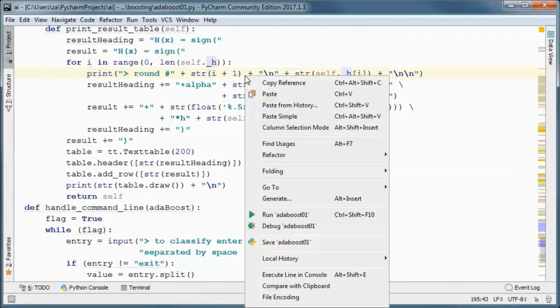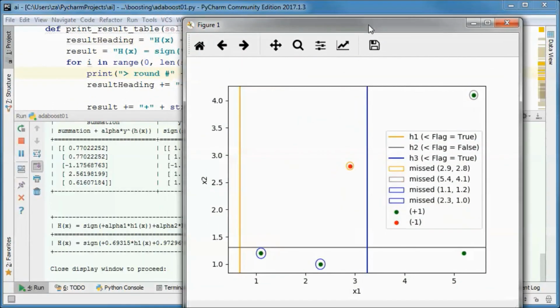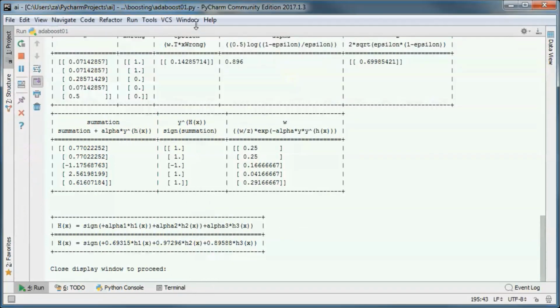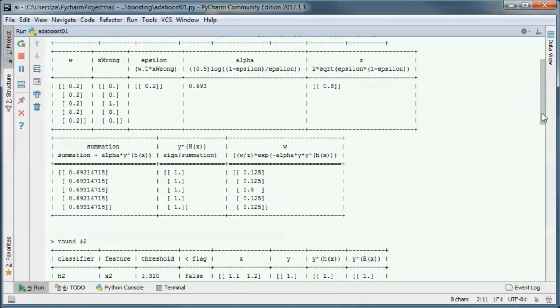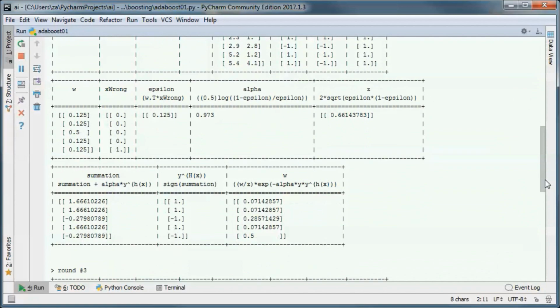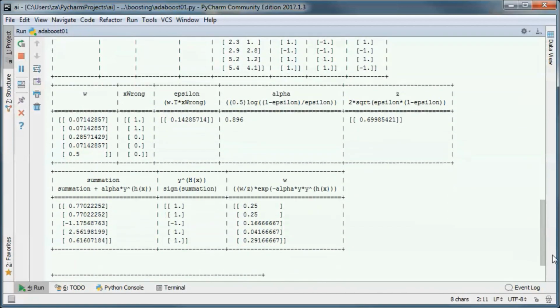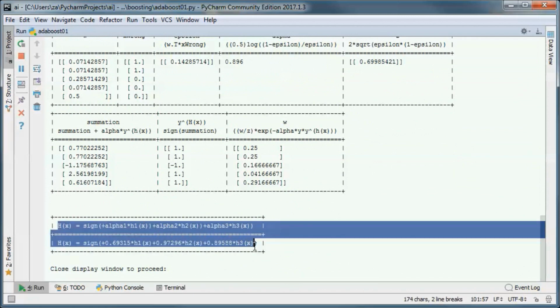And finally, let's go ahead and test run the application. So we went for 3 rounds and ended up with this overall classifier.